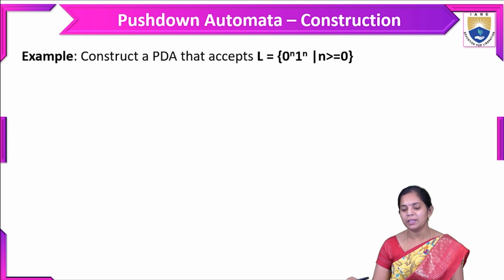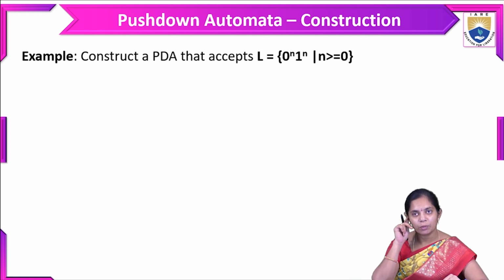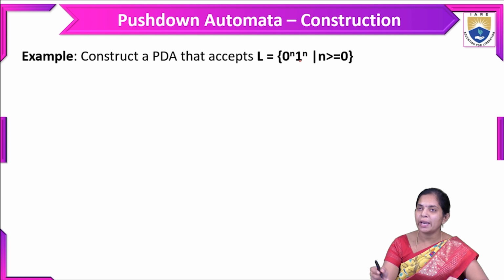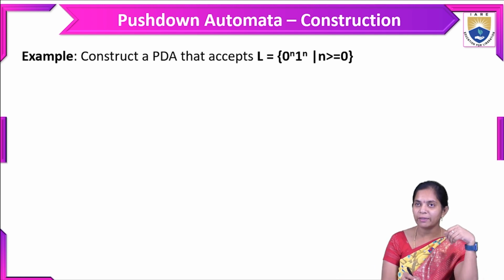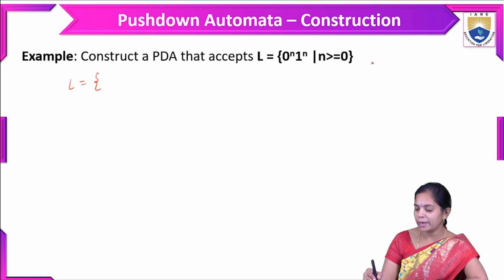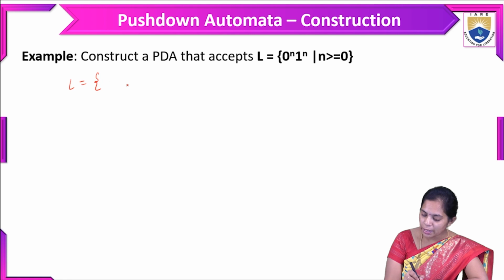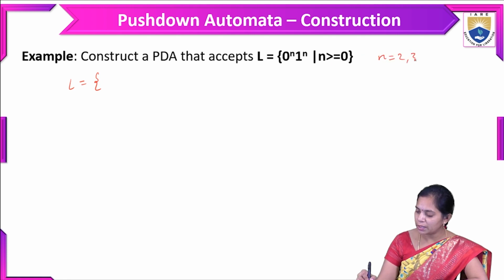Here we are constructing a PDA that accepts the language 0 power n and 1 power n, for n greater than or equal to 0. For this kind of language, how to construct a pushdown automata? We first have to take the language elaboration. In 0 power n 1 power n, n is greater than or equal to 0. If you take n equal to 1, we write 0 power n and 1 power n,